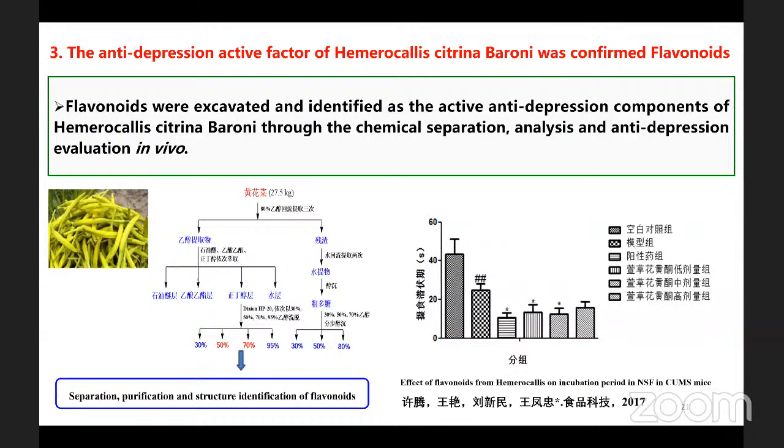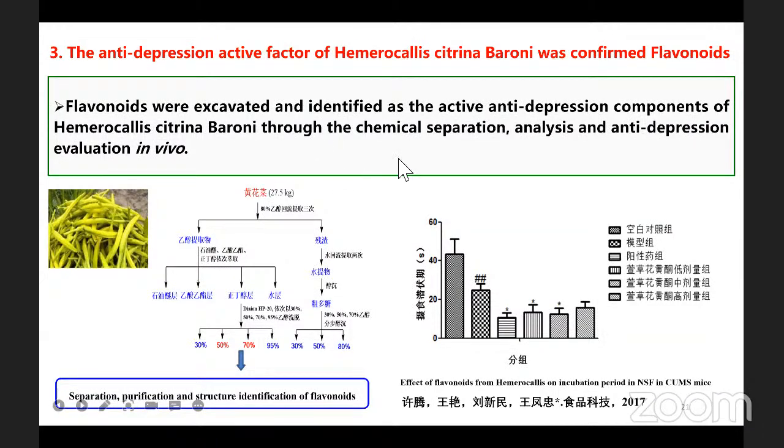Then we separated, analyzed and described one active ingredient from a traditional Chinese product. Its Chinese name is Huanghua Cai. We found that flavonoids are the effective compounds in it,